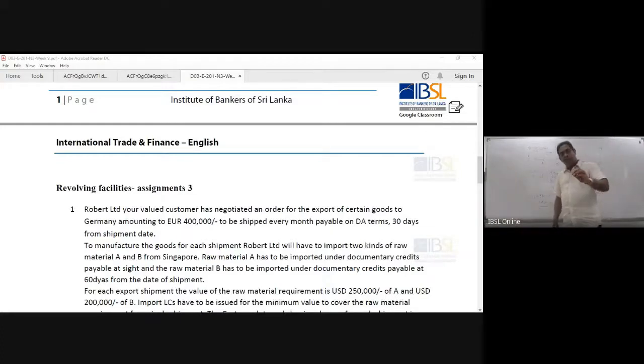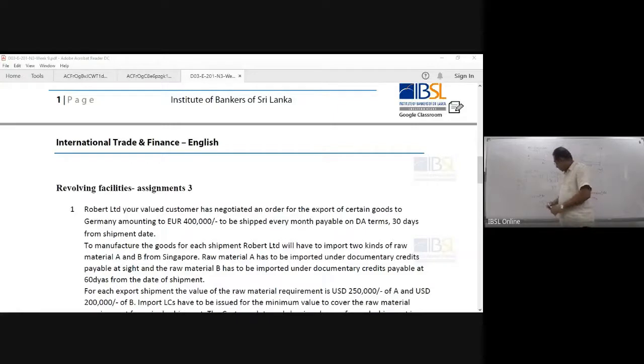You need not say after the 4th month it will come and hit the nostro account and all. Therefore, that is underneath, the export bill purchasing facility is equal to